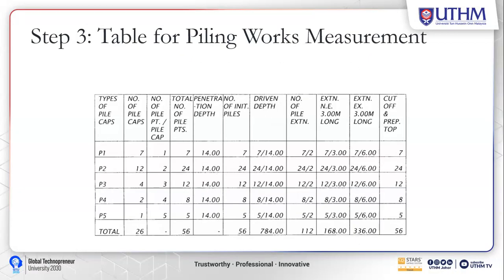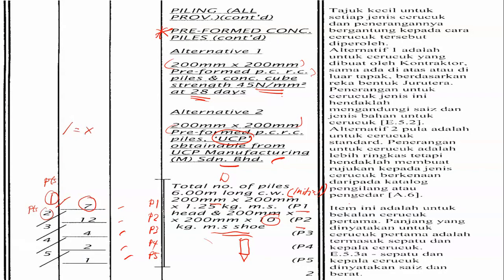So we can go back to our summary table. We have the number of pile cap, 1. The pile cap is 1. The number of pile cap we have is 1, but we have 5 points. So this one is the number of piles. Pile cap. Number of pile cap. So for every number of pile cap, you need the pile cap point, sorry. This one is a pile cap point. Every pile cap point